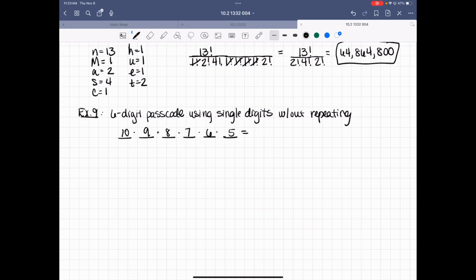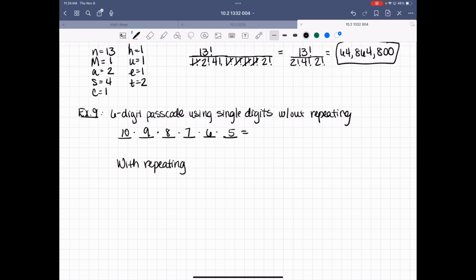But the key is you have to know, yes, because there's 10 possibilities in the first slot, because 0, 1, 2, 3, 4, 5, 6, 7, 8, 9, okay? Now you used one of those, so how many possibilities are there in the second slot? It'll be easier if I do it like that. Now there's 9. Then I take out, now how many are in the third slot? 8 different possibilities, okay? Now with repeating,